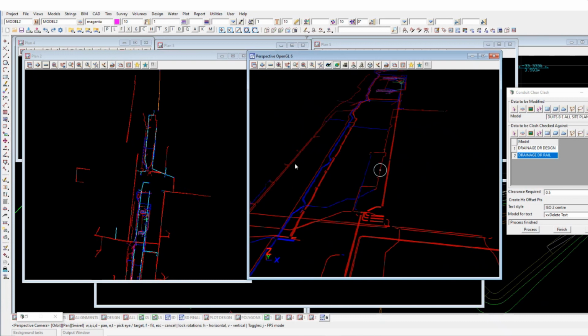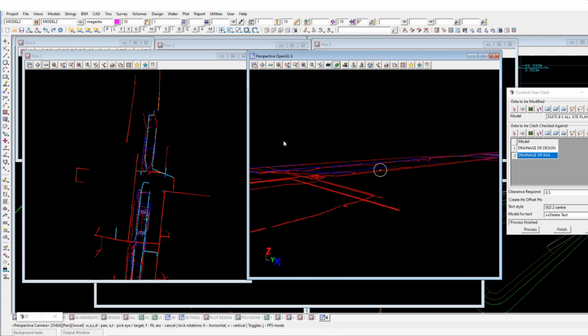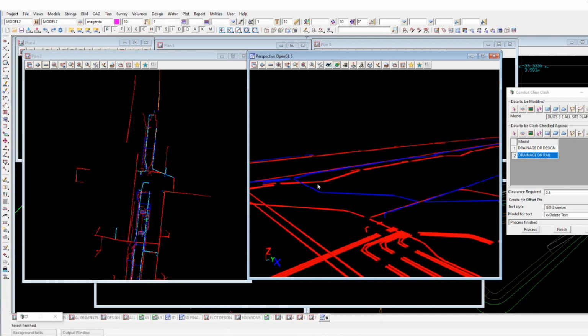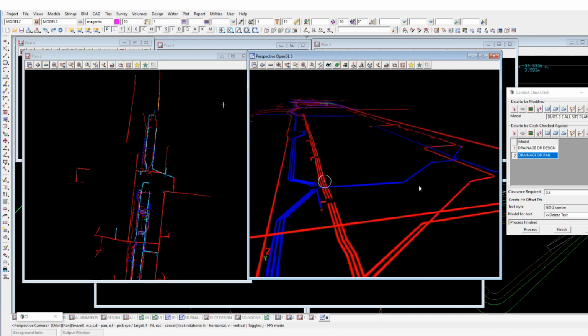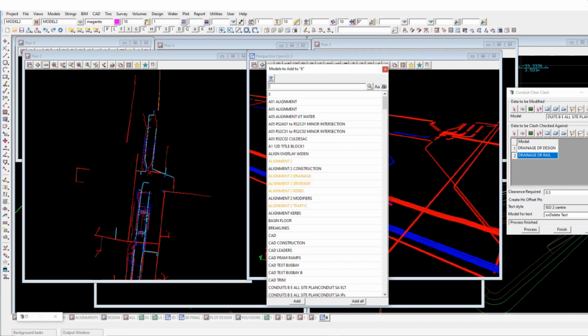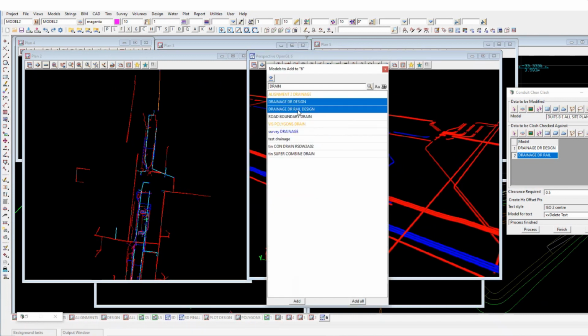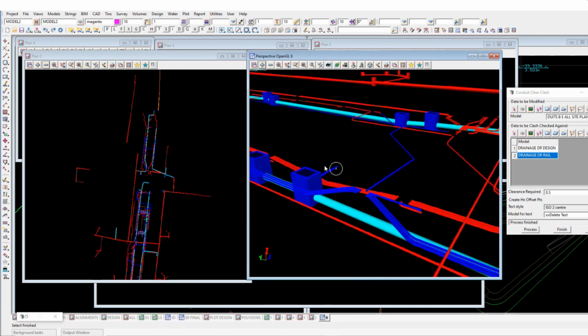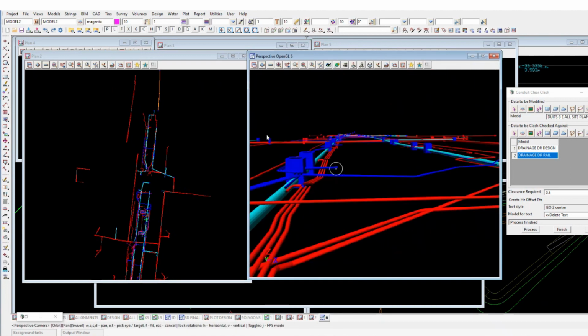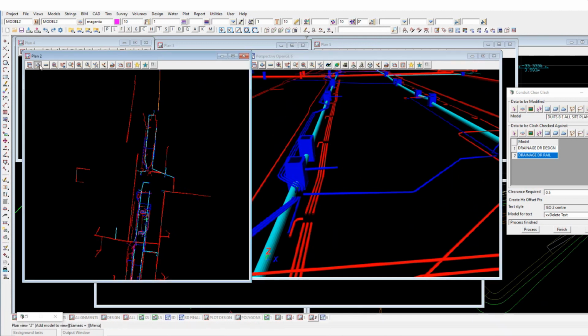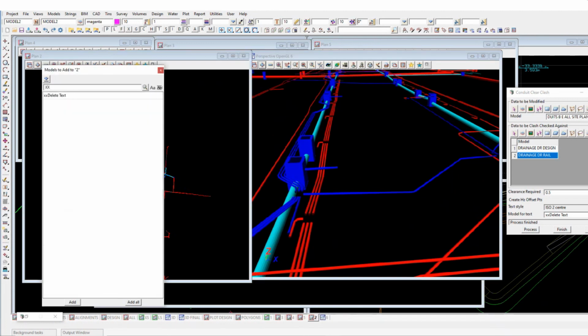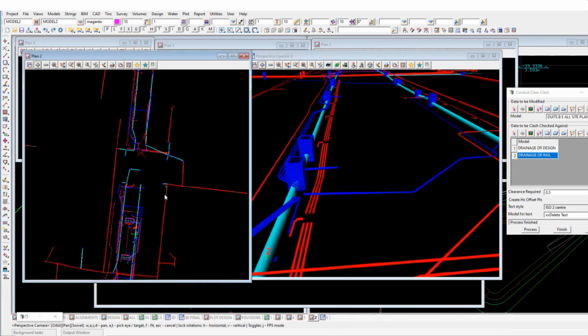So we'll see some areas, hopefully in here, where it's cleared it. You can see one there, for example. See, it's gone under. Let's bring the drainage in. Yeah, so I found a drainage pipe there. It's gone under it, like that. And basically what this also does,